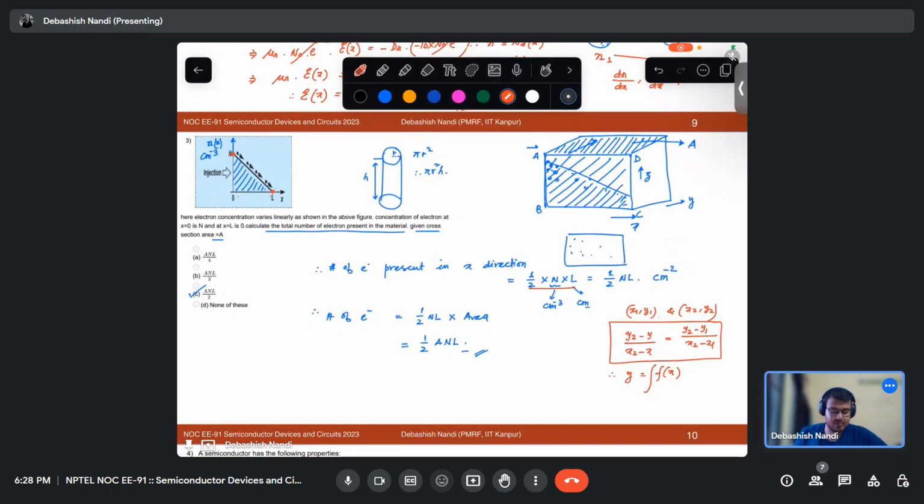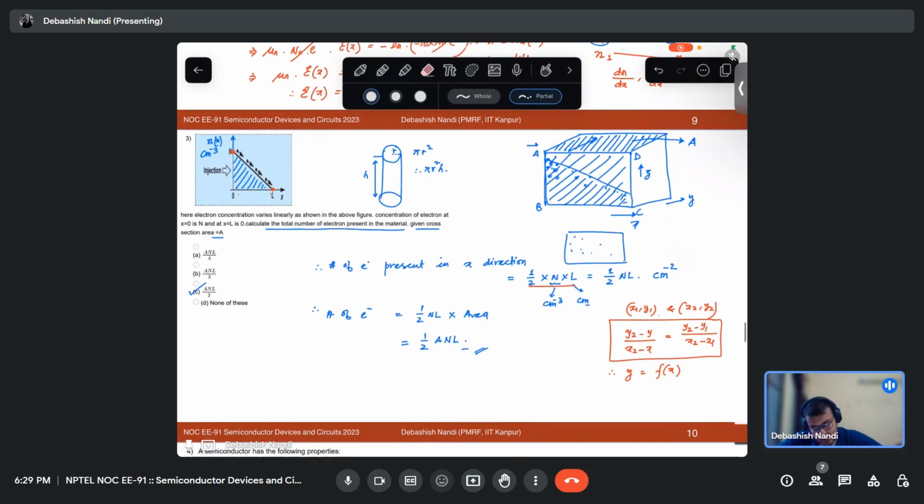Fine, that way you can get the area under the curve and it will give you the same value. And for any other curve, you need to know the form y of f(x), and then you simply integrate to get the area under that curve. So you get it in one direction, and then you multiply it with the area. Even if it is also varying in the other two directions, then you have to do a volume integration, right? You have to integrate in 3 dimensions. Fine, the x component you can take out separately, the y component separately, and the z component separately. Okay, so it was pretty easy. Let's move on to the next problem.